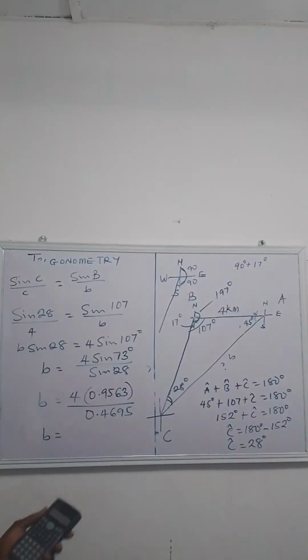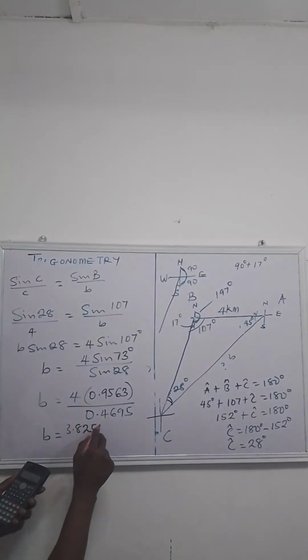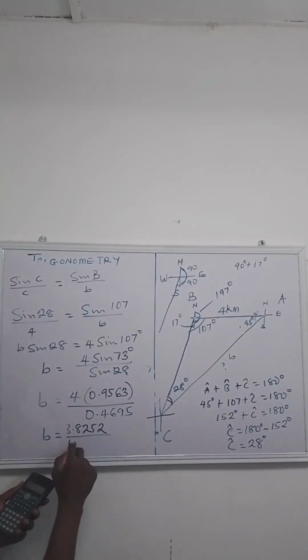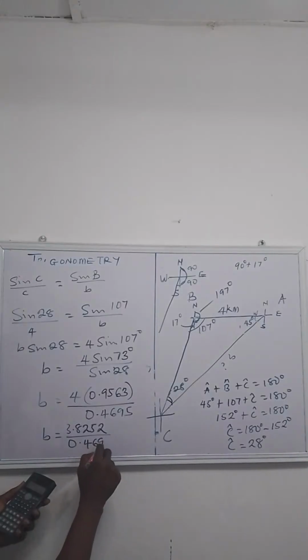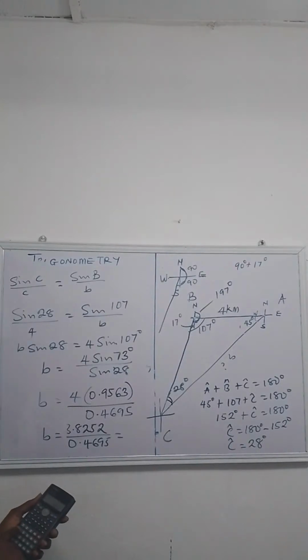So now let's multiply the numerator, that's 4 times 0.9563, and that gives us 3.8252, everything all over 0.4695. When you divide it by 0.4695, you'll be having